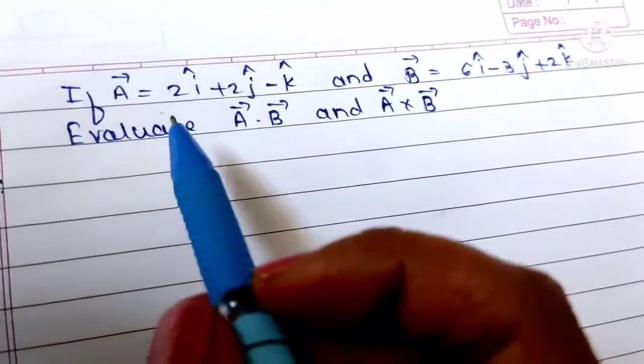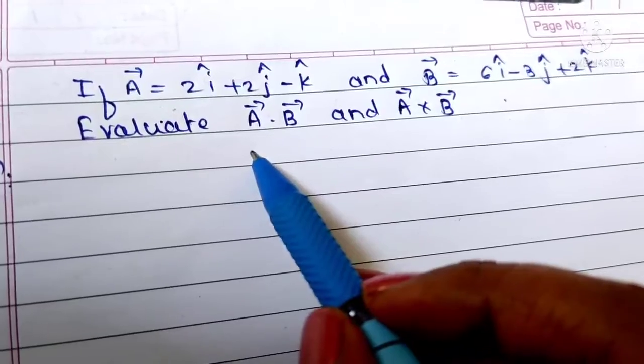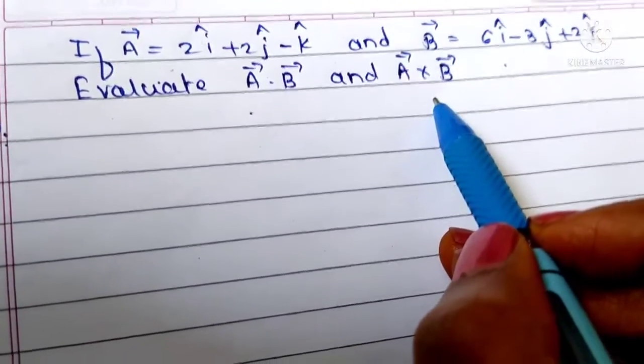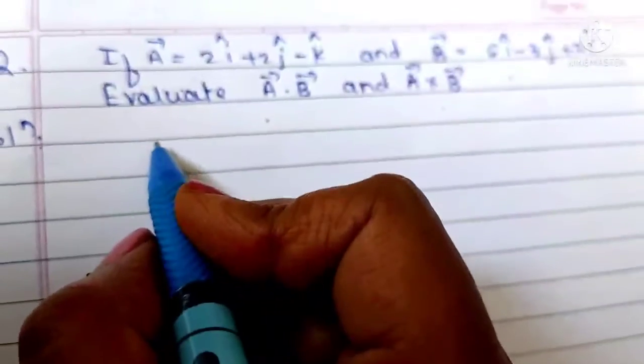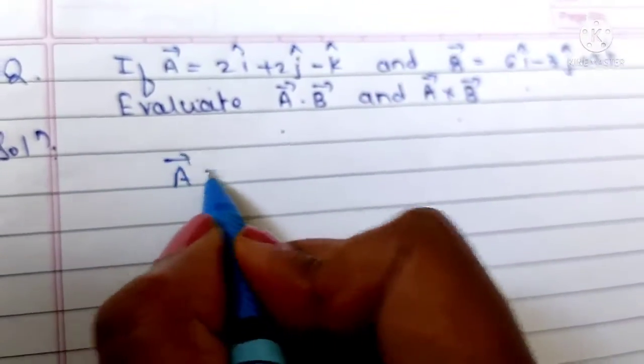The first problem we are going to see is: a bar and b bar are given, and we have to evaluate the values of a bar dot b bar and a bar cross b bar. The given vectors a bar and b bar can be written in their component form as a bar is equal to